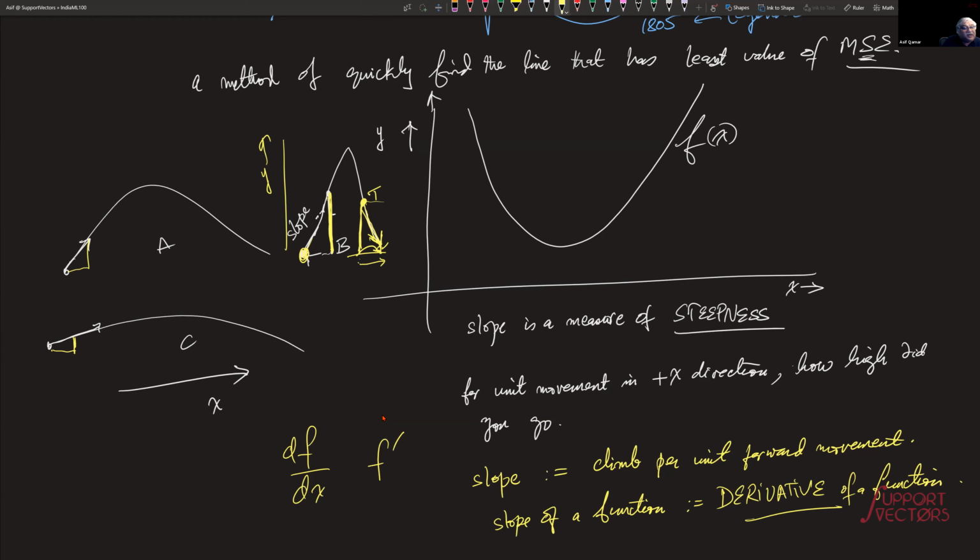Actually, you have not climbed at all. You have come down, isn't it? You have lost height. Would you agree? You haven't climbed, you have lost height. Does that make sense, guys? So suppose you go from T to R, to the base back, would you agree that you have not climbed any further up the hill? You have just come down the hill. Yes, sir. Simple. So in other words, you say that your slope here is negative